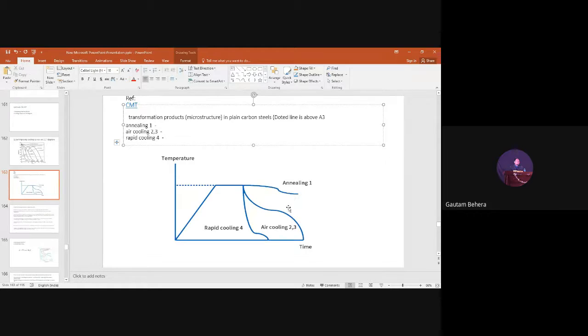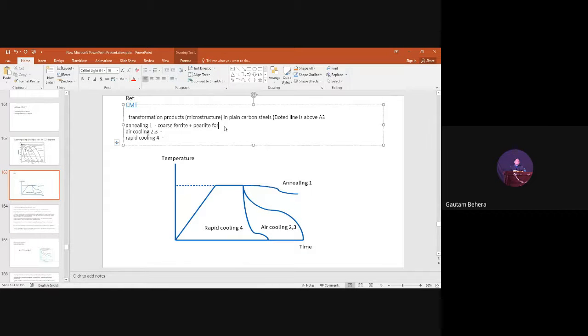Coarse pearlite, very good. This will be coarse pearlite. Why coarse pearlite? Annealing, yes, annealing. The cooling rate is so slow that sufficient time is available. Sir, it is eutectoid, no? What I told? I told this is hypoeutectoid. Sir, then coarse ferrite and pearlite. Yes, coarse ferrite plus pearlite.